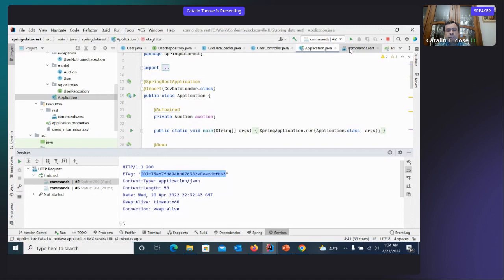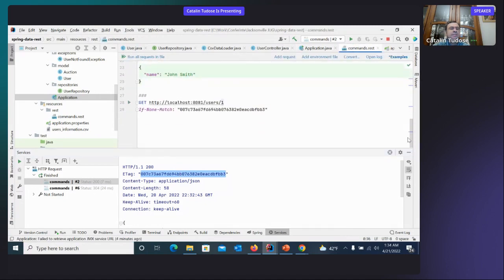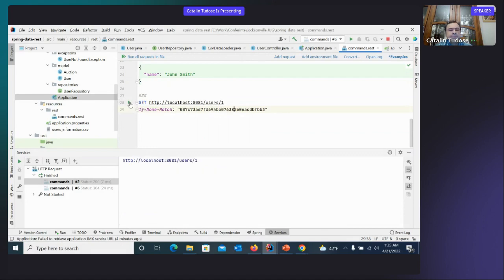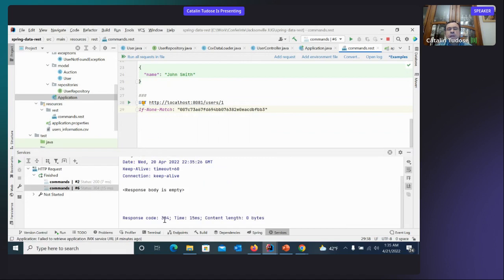And what can the client do? The client may request something, but say, give it to me only if it does not match this e-tag. So the e-tag will be recalculated based on the content of the record, and you will get this only if you don't have it. So if I say here, give it to me if none match this e-tag, I'm going to get here response code 304. This means not modified because